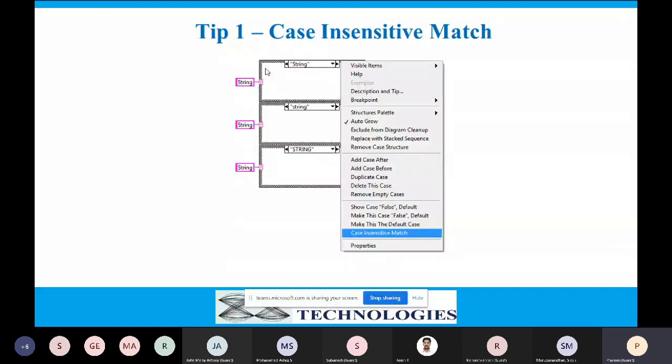After enabling it, if you run this program, all 3 case structures will be executed, because it will compare only whether the data matches the case page name and the case selector data. It won't check whether it is uppercase or lowercase. So this option might be helpful for us. This is tip 1, and I hope you understand it.